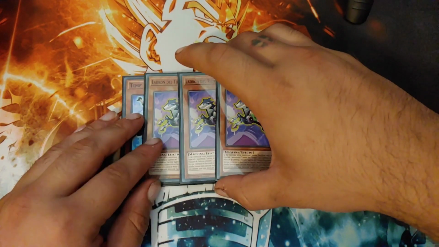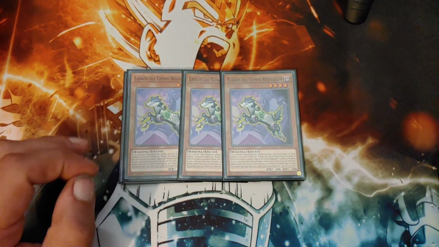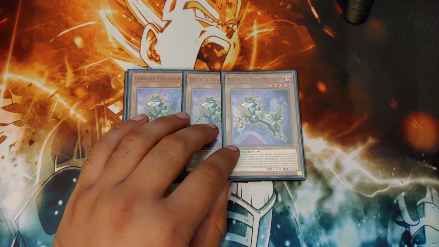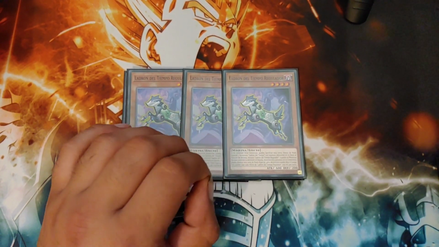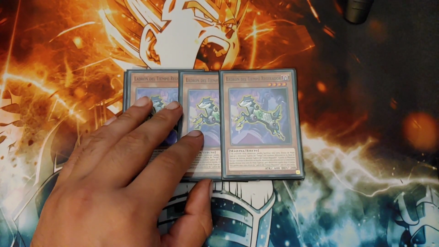Second, we are playing 3 copies of Regulator. This is our Rescue Rabbit. It's probably the best starter card in the deck. One of the best starter cards in the entire game, if I had to say so myself. He's probably up there with Tour Guide. And both are really, really susceptible to Ash. But anyways,